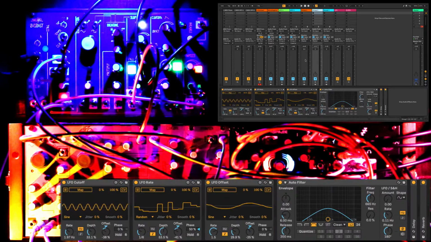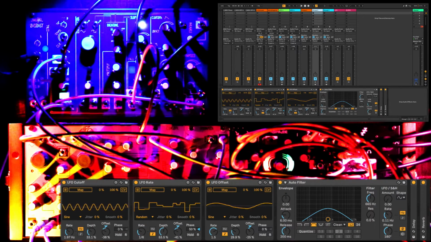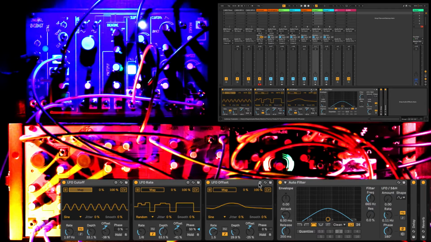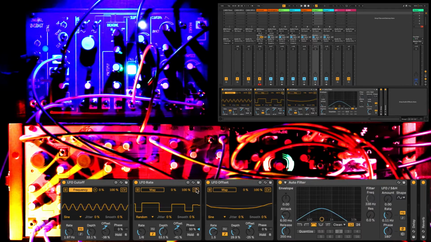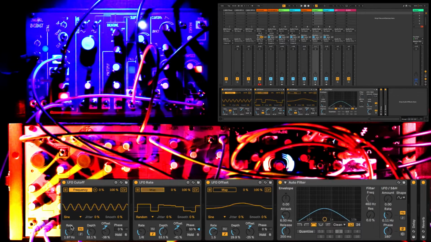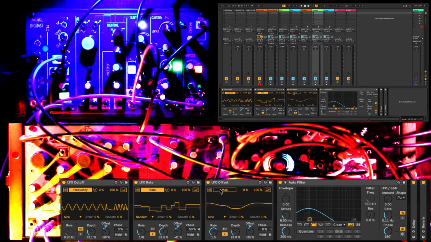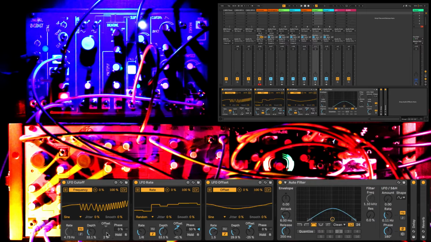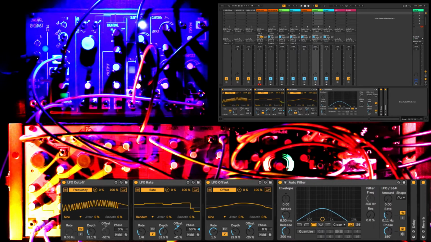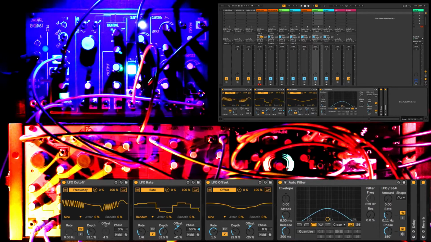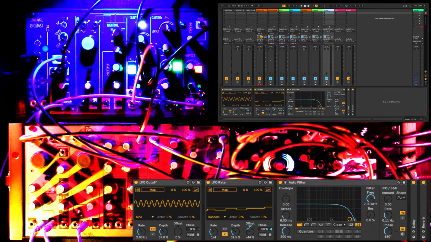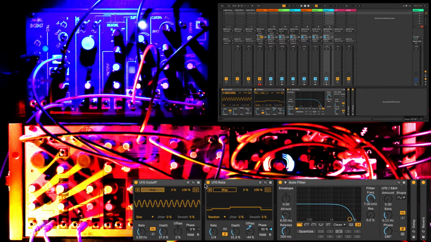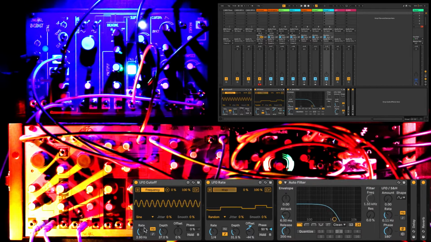Next, we will map the LFOs to the bandpass filter processing the main synth voice. We'll start by mapping the first sine LFO to the filter's frequency, the random LFO to the first LFO's rate, and the third LFO to the offset of the first. Then we'll do the same for the filter processing the bass, but this time there's only two LFOs, the sine wave mapped to the filter's cutoff, and the random tempo-synced LFO mapped to the first LFO's rate.